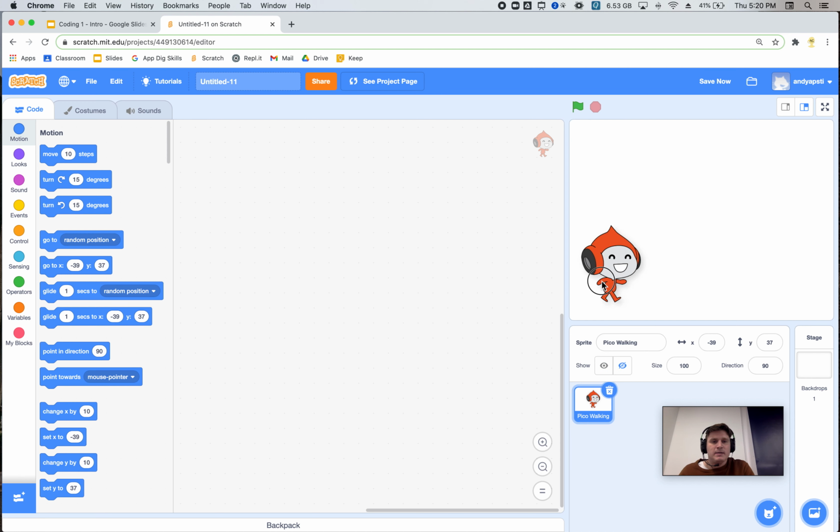We're going to be doing this in kind of like a platform, side-on platformer style game. I'm going to resize him a little bit to make him a bit smaller. 75 in the size menu here, and I'm just going to put him maybe a little bit higher. In the background, we can make our own background, or we can choose a background. I'm just going to draw a simple background, so I'm going to come down to backgrounds, choose a backdrop, and I'm going to paint,